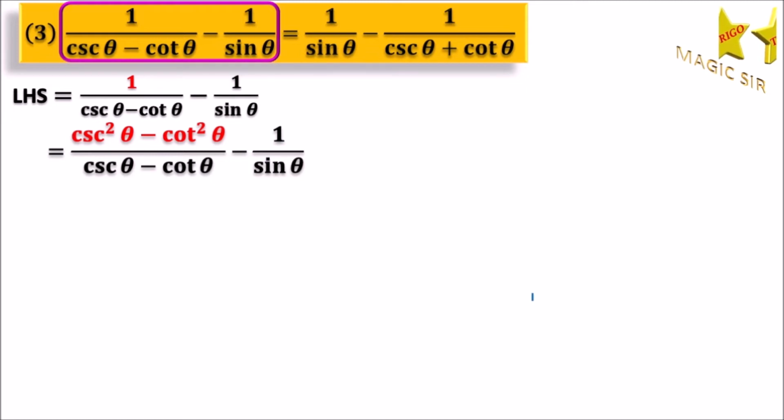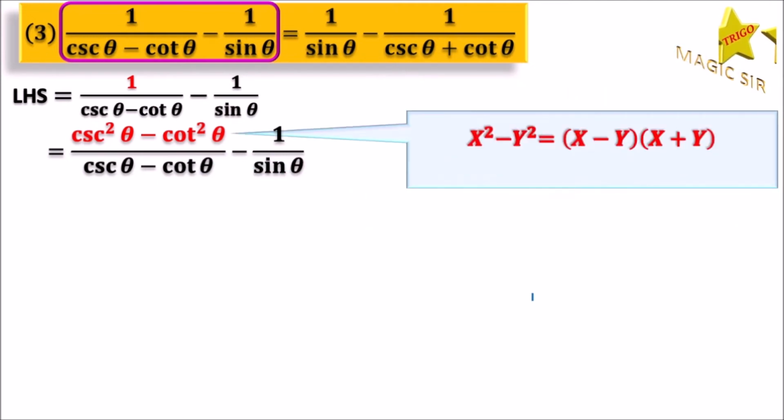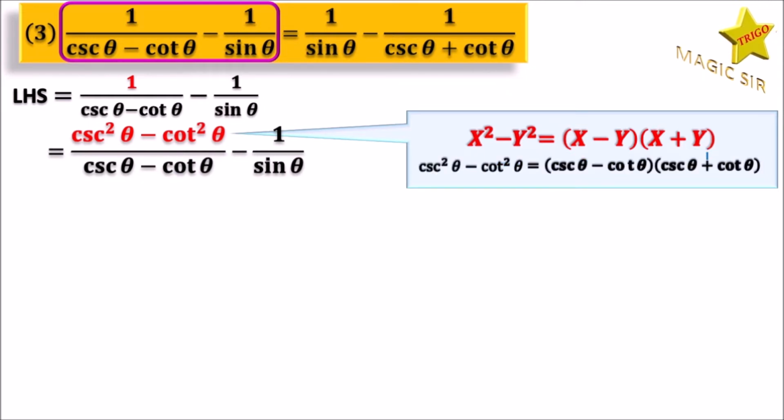Now apply the formula of x square minus y square is equal to x minus y into x plus y. Let us suppose x equal to cosec theta and y equal to cot theta. So x minus y equal to cosec theta minus cot theta and x plus y equal to cosec theta plus